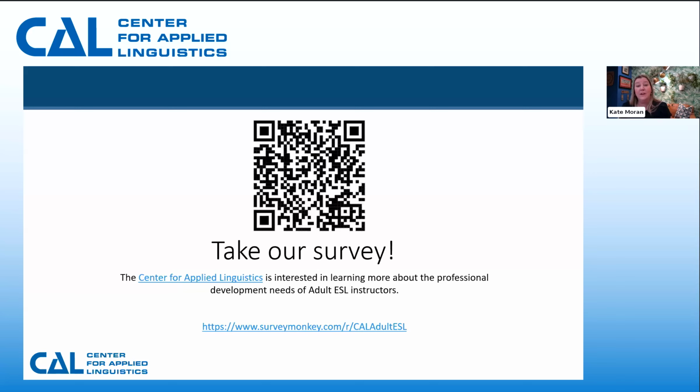So someone asked how to deal with multi-level students with some of these activities. So this is a great question. This is one of the largest challenges of teaching adult learners, that you tend to have a lot of people at different levels in your classrooms. And so that's where things like the choice board activity are really good, because you can add a lot of scaffolds in there. If your students don't need those scaffolds, they don't have to use them. But if they do need the scaffolds, those supports are there for them.